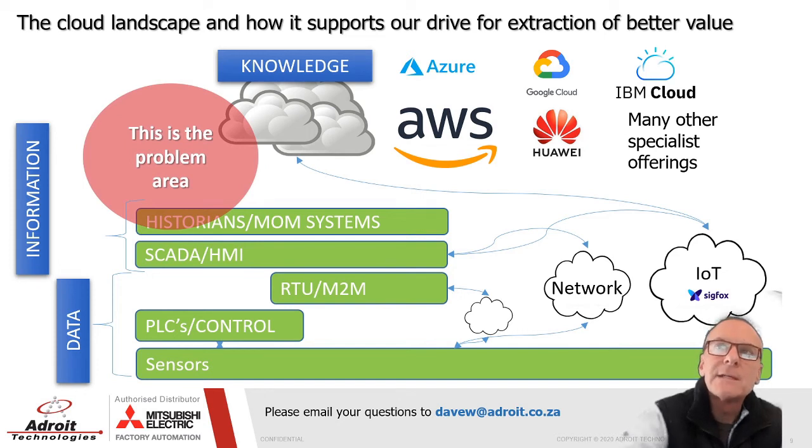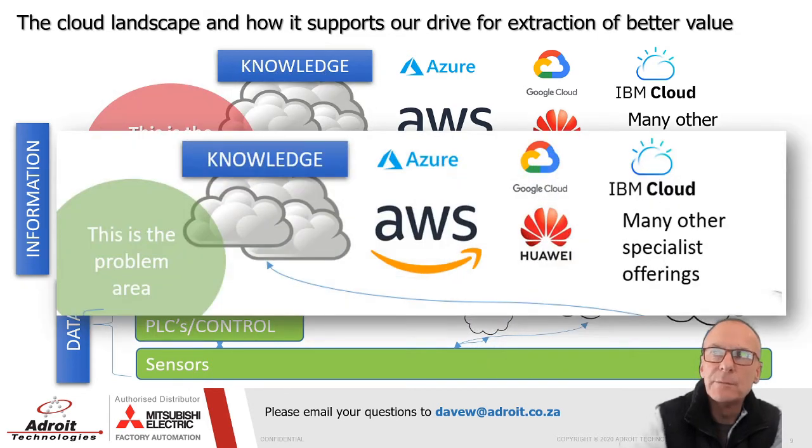And then on the right-hand side of the cloud, you're seeing big players like Azure, Microsoft, Amazon, Google, Huawei, IBM, all racing to try and offer customers the best technologies to support the extraction of that value in the data. And those are the big guys. To give you some idea, I think Microsoft, I remember, spent $5 billion on building this smart Azure cloud stuff, which is enormous amounts of money.